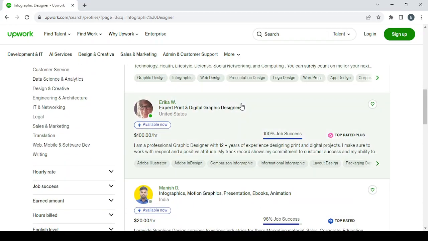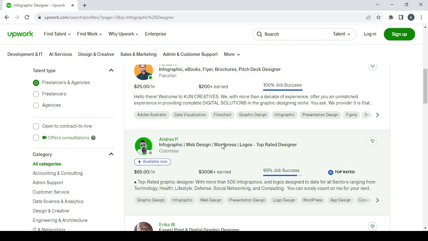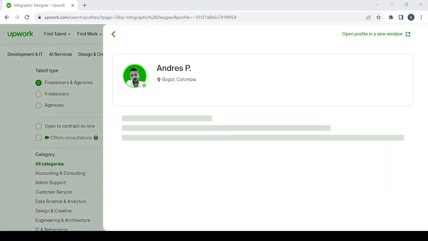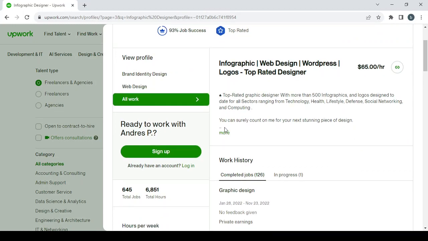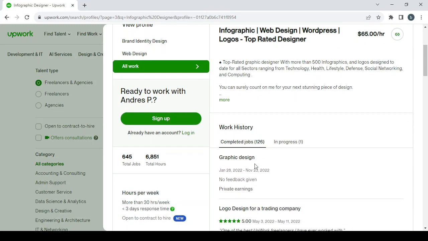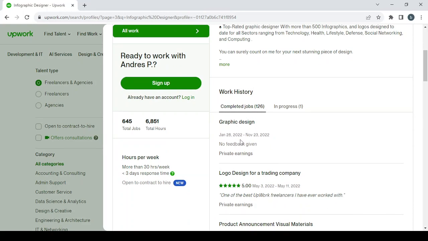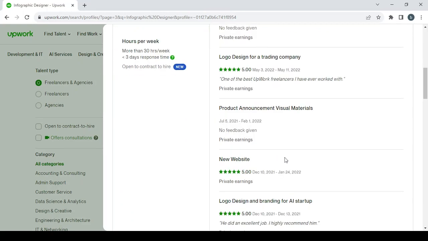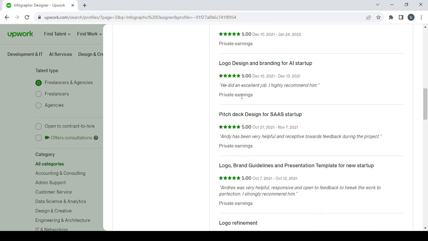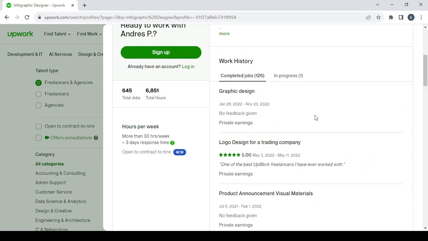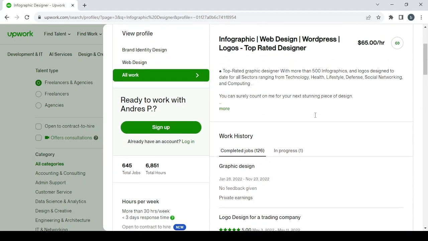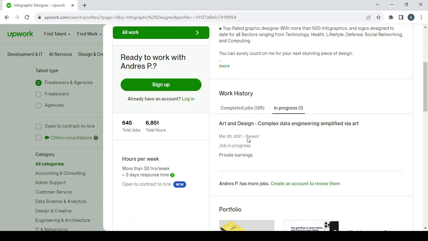So here we're going to stick with this one. We're going to check his profile and see what he is talking about in his bio. See how he's describing his skill, how many completed jobs he has, and the feedback that he has on those jobs, his stars. And if you can see his earnings, that's even better, but it's private, we can't see them. And we can also see his previous work and the work that he has in progress: art and design,